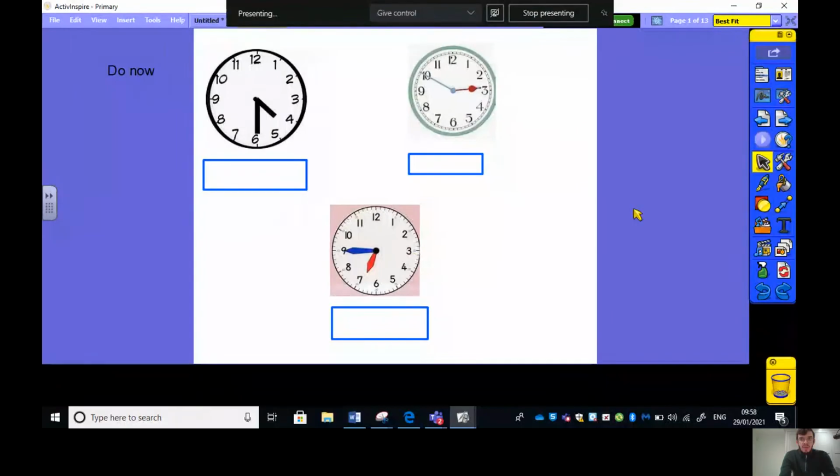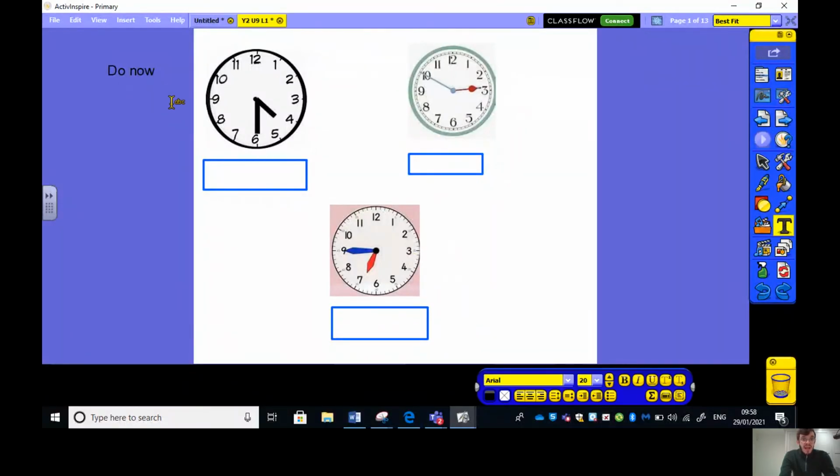Let me share my screen. I would like you to pause the screen and solve these questions. Question 1, 2, and 3. You can see questions on your worksheet. There is a space for question 1, 2, and 3 in the do now section. Please pause the video and solve these times. Well done for pausing the video and taking the time to work out what time has been shown on these